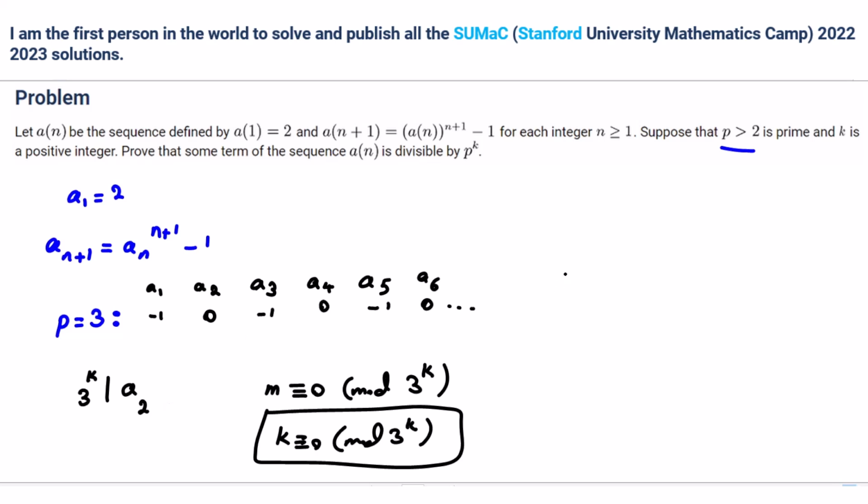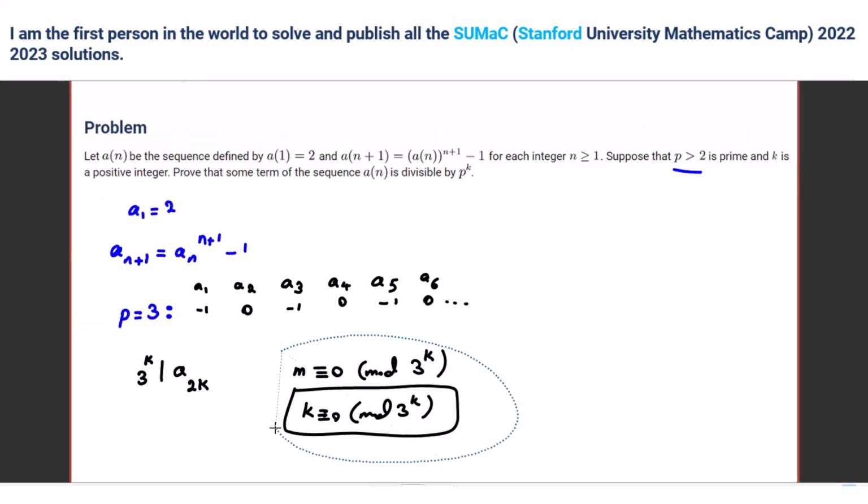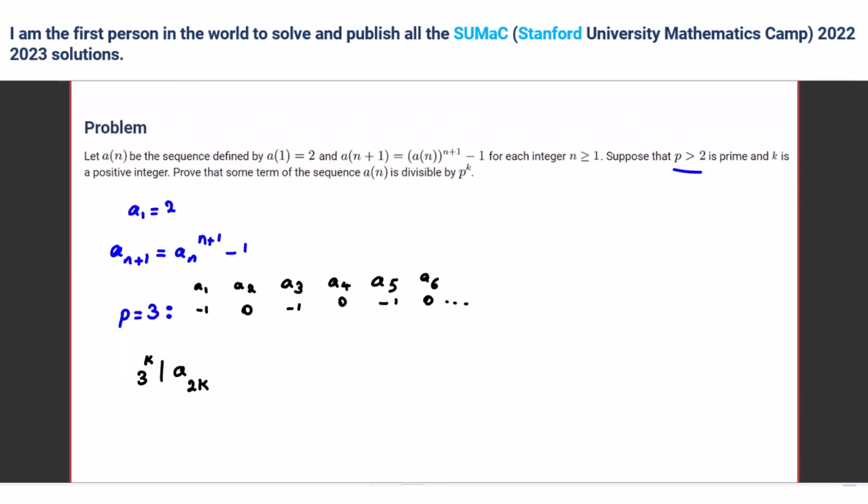No. Okay, so let me tell you by proving it by induction. Let's check. You say that 3 to the k divides a of 2k, right? Okay, then what? Then I first have my base case, where k is 1, and that works. For k equals 1, 3 to the 1 divides a of 2, yes. Then what? Then I say, okay, so,